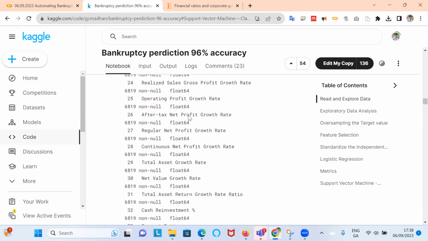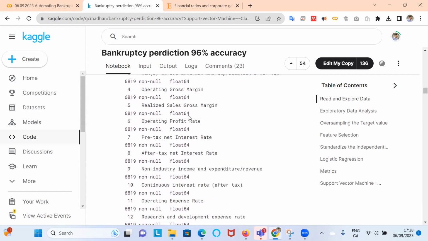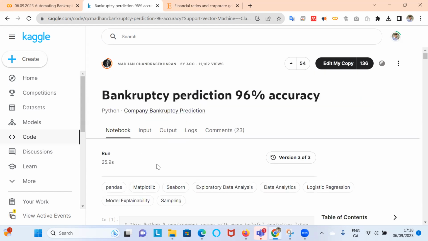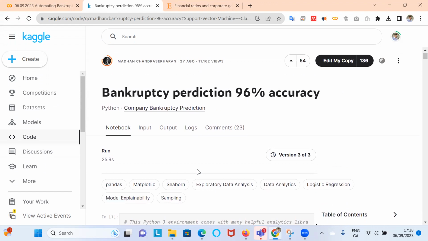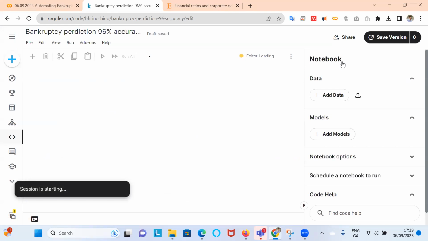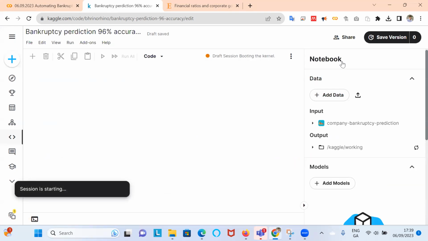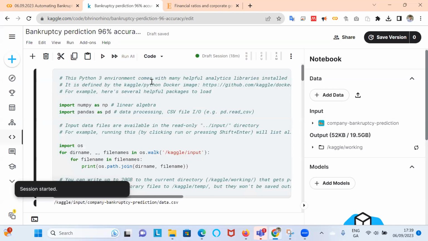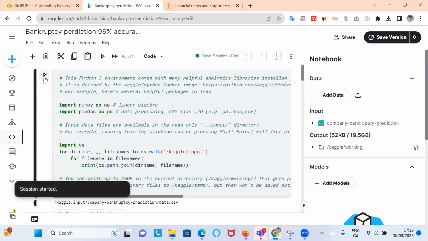And you could learn a lot just going through what's provided here. But if you wanted to get into the notebook and maybe manipulate the code, you could edit my copy here. So if we click on this button, it'll bring us into a compiler, and we can just play around with the code here.